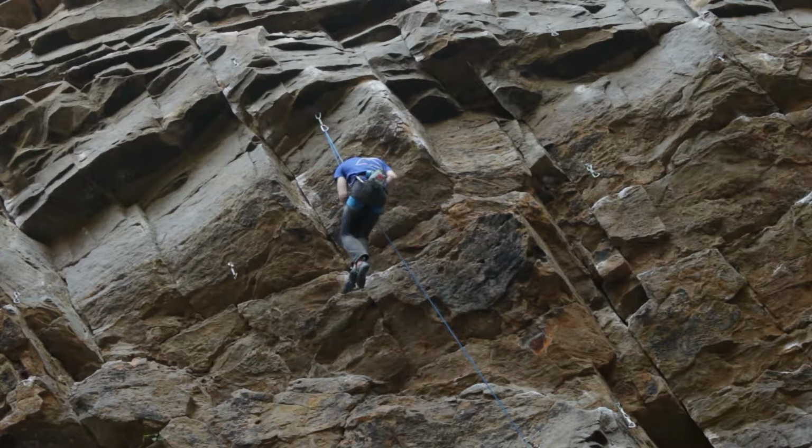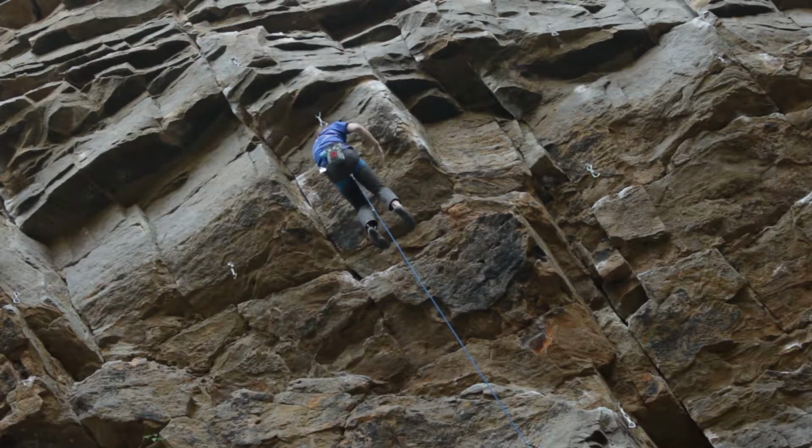Now, as you can tell by that description, it felt pretty hard at this point. I probably should have taken that as my body being tired and not just me being weak, because what ended up happening on this particular day was I just felt really bad and weak and like I couldn't climb, and it led to me getting a really bad mindset and getting really angry, which you'll see towards the end of